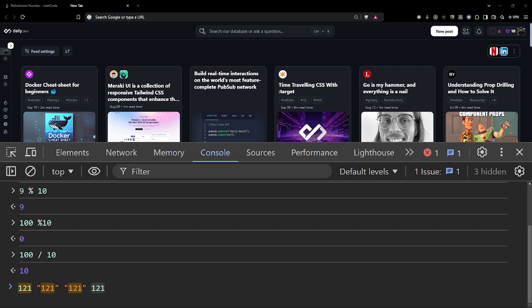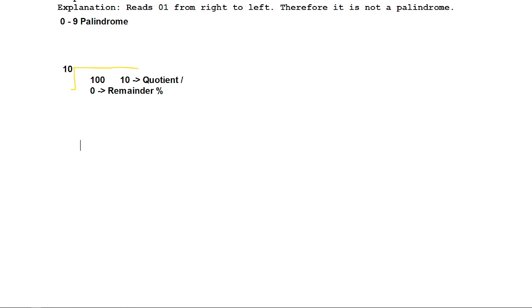But we don't have to do it like this, because we don't have to convert our number into a string. How are we going to do it? There's an approach to it, and I'll tell you how we can tackle it. Let us suppose we have a number x equal to 1331. This is for the case where the number's length is even. If it is even, how are we going to do this? What I'll do is take the half of this. What will be the half of this? It will be 13, and the next is 31.